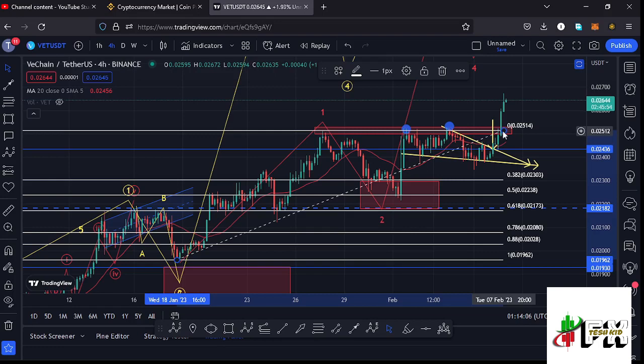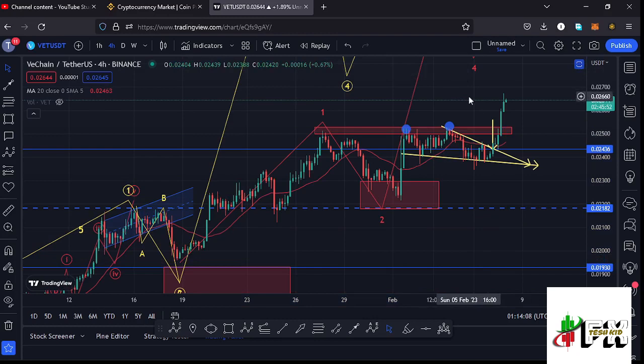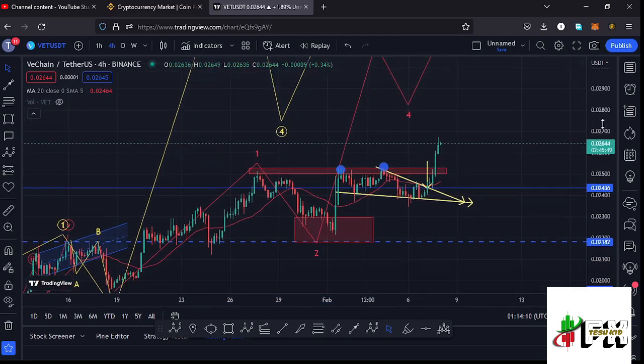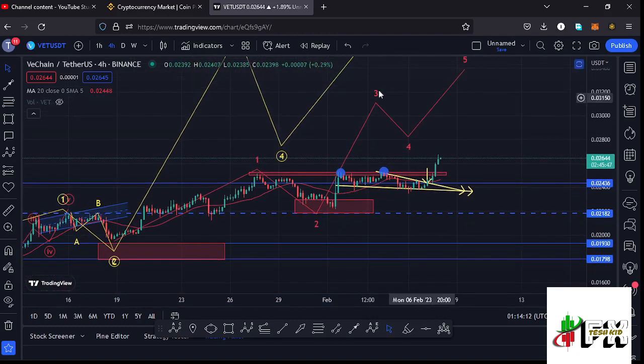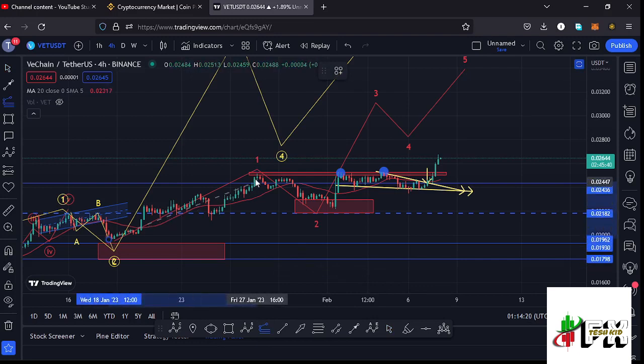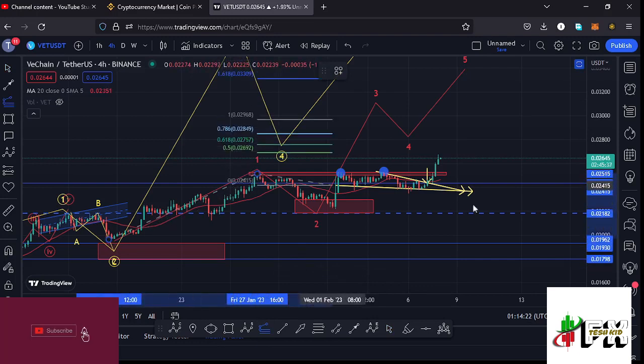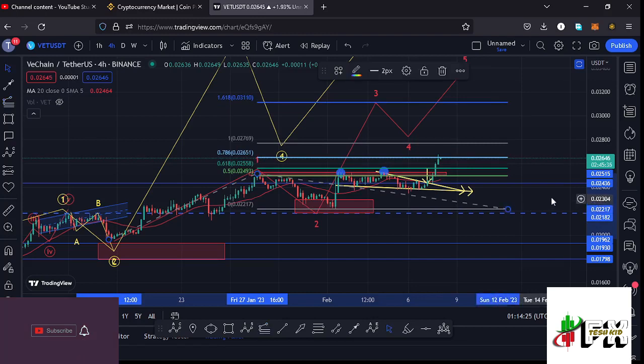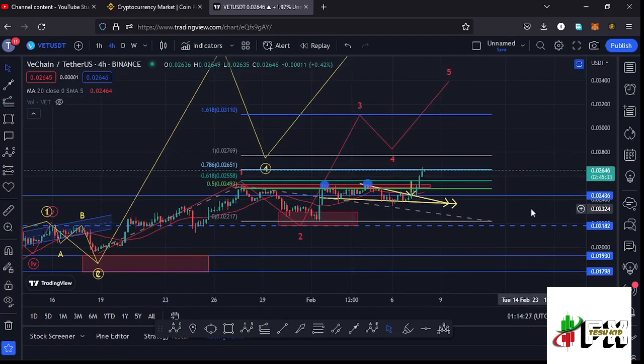And after making our low for that second wave, we started a very nice bounce to the upside in the formation of that wave 3, and sketching out a minimum target area to the upside in the formation of that wave 3 by connecting the trend-based Fibonacci from the low of the first wave to the high of that wave 1, then dragging the fibs to the low of the second wave. That gives me a minimum target area to the upside in the formation of that wave 3 at the fib level 1.618, and that lies at around the $0.03110 mark,